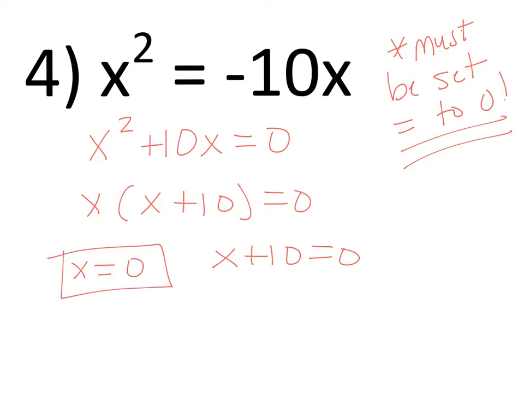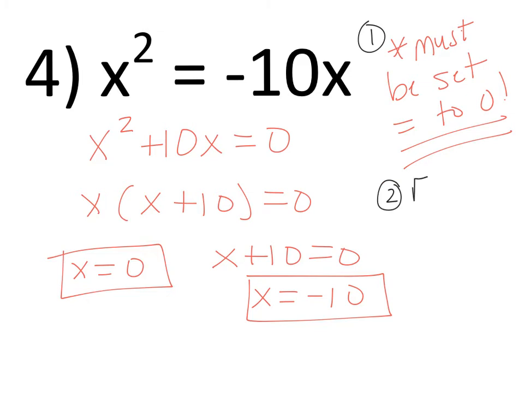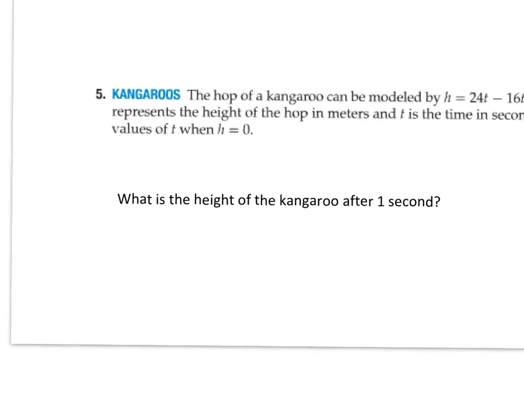Now this guy's already done, so that part's good. Let's subtract the 10 off and get x equals negative 10. And those are your 2 solutions, okay? So really, in a way, step 1 is set equal to 0. Step 2, factor, and then step 3, solve. Okay? All right, and also in this lesson, we are also now going to finally start picking up word